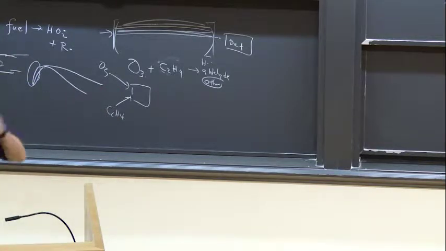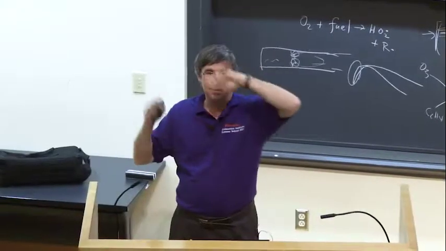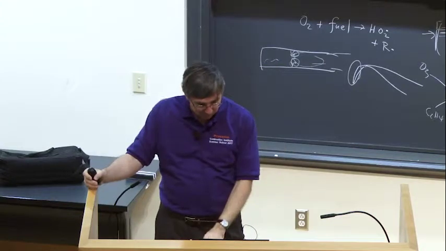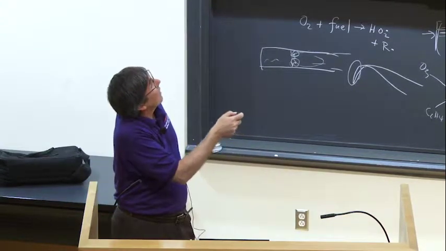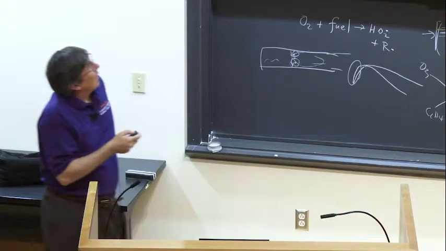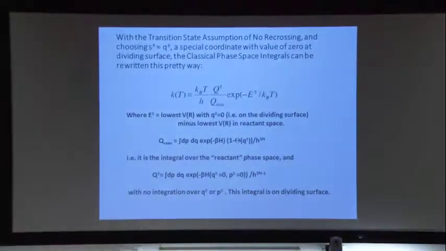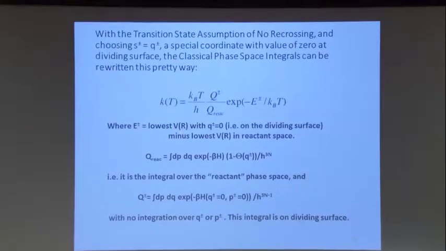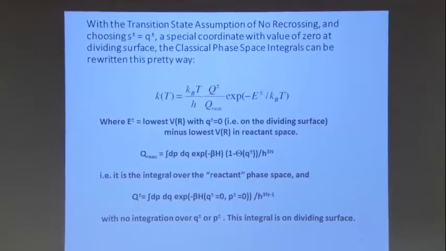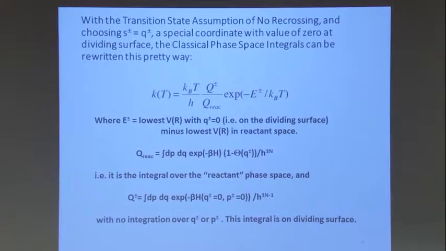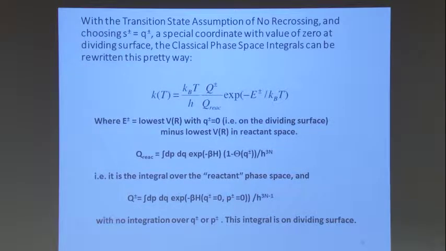It's Cartesian. You don't get any funny factors with Euler angles and goofball stuff. Everything's really simple, and you get this really simple expression. The simple expression is that this energy is the peak value of the potential energy along the minimum energy pathway from the reactant to the products. So for the highest energy that you have to get over, you find the lowest energy pathway to get there, and the peak along that path is this E double dagger thing.